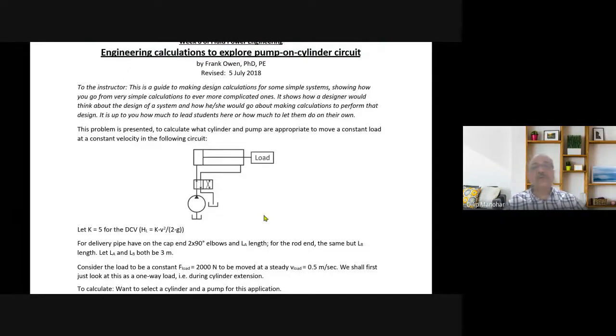What we mean by design is that we have to size the cylinder, size the connectors and tubings, and perhaps select the valves. We are required to size the pump and any other joints, elbows, and other things. There are some assumptions we need to make here. The coefficient K, taken from the standard catalog, is responsible for the pressure loss across the valve. That K is supposed to be 5, from the data book.